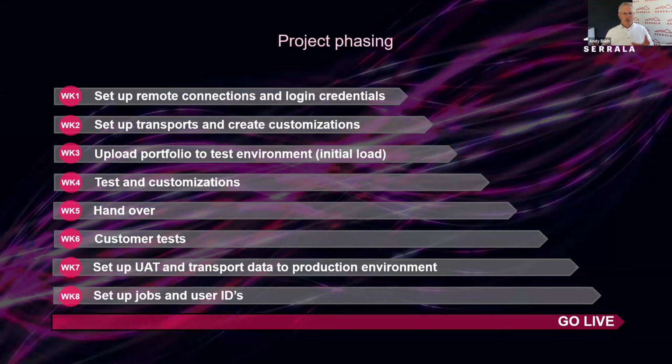Indeed, a software product like the D&B Direct Plus, and I'm just talking about Direct Plus, right? Implementing it is not a hell of work. We do provide a transport that needs to be imported. We might need some IT resource capabilities as well, but it is limited, right? Because there are things we can't do, like importing a transport, assigning authorizations, or setting up the RFC connectivity. That's something where we still need your IT team. And we might need in an implementation phase your business team as well to do tests or to give us some details. However, 95% of the project work is something we do, we take care of.